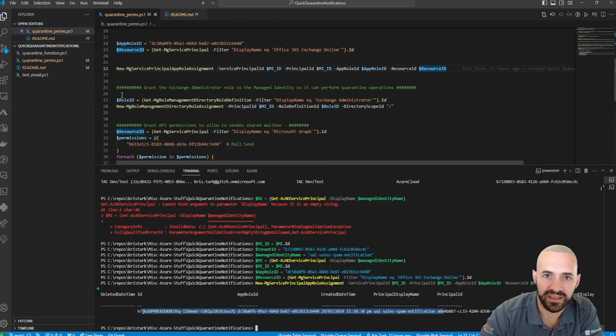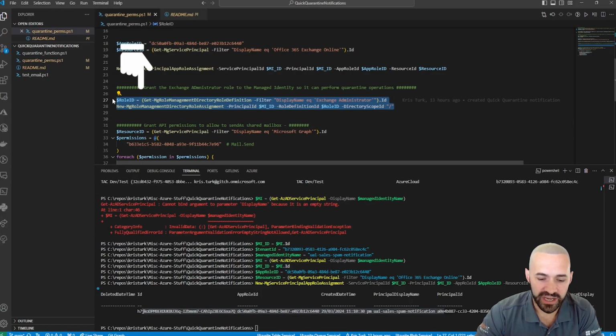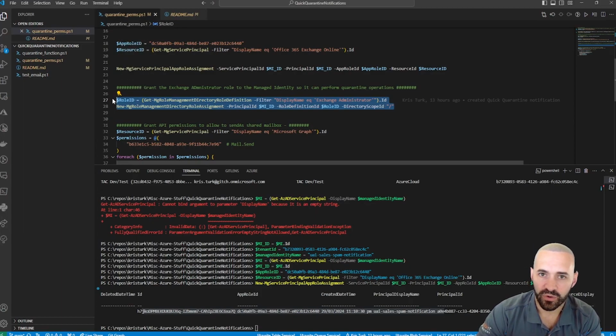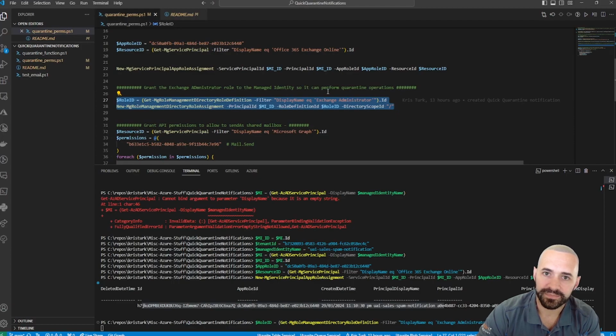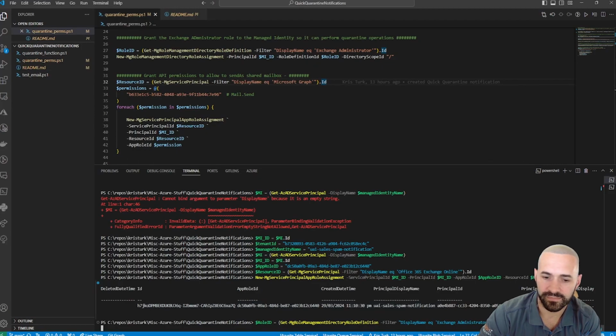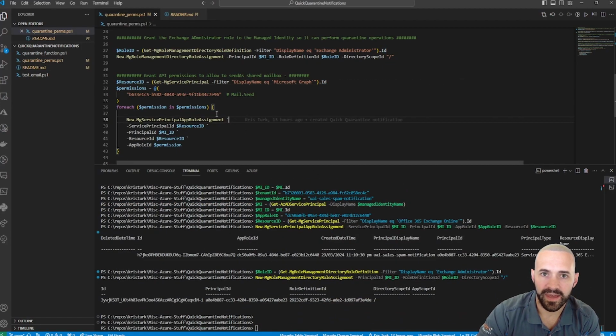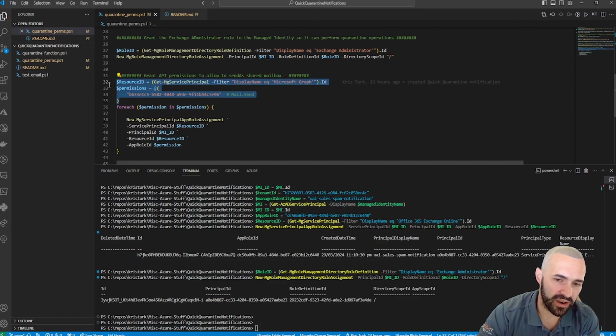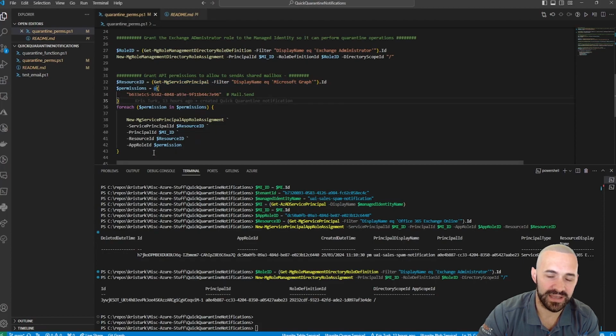This second piece here, I'm going to give our managed identity the role of Exchange Administrator, and that's so it can churn through the quarantine and take actions in the quarantine. Okay, that's worked. And then finally here, I've got a for each loop, applying all of these permissions, of which there's only one. So I realized this could just be one command, but I set it up in this loop because for some functions I'm giving several permissions and I just want to apply them all at once. But the permissions here I'm applying